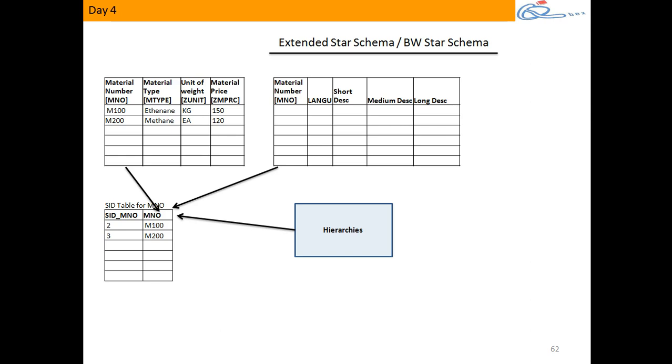Generally, when you load your master data, when you fill your attribute table or text table or hierarchy table from a different source, it generates SIDs in the SID table. Now I just maintain it manually, but in real time we don't really maintain master data manually. We will be extracting the data from different sources to a target. How did you target the cube? Same way we will be targeting master data.